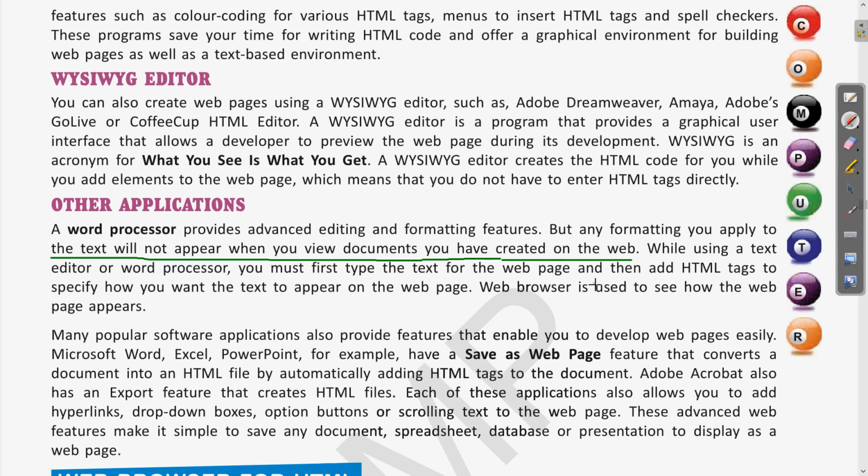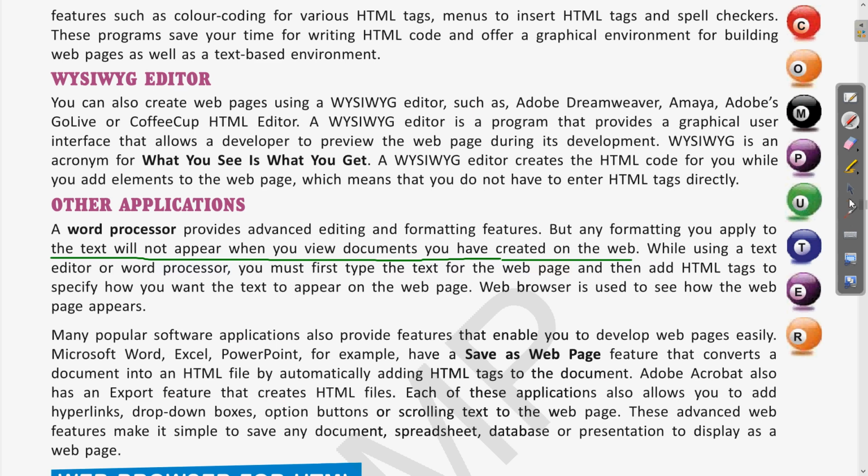The different word processors are Notepad, which is a normal editor, then we have WordPad, then the MS Word software. These can also be used for writing the HTML code, but they are used mostly for editing and formatting of the text.